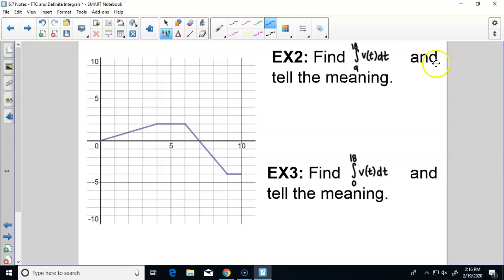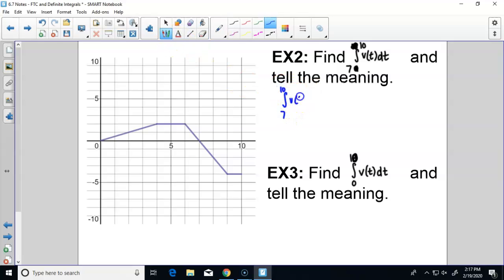and it asks us to find the integral from 9 to, oh, that shouldn't say 9 to 18. I forgot to change that. I changed the graph and I didn't change this. Make that 7 to 10. And then down here on number 3, make that from 0 to 10. Okay, so if we find the integral from, I'll mix it up, from 7 to 10